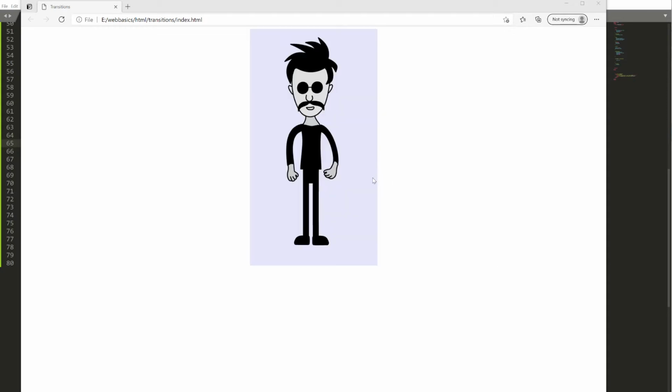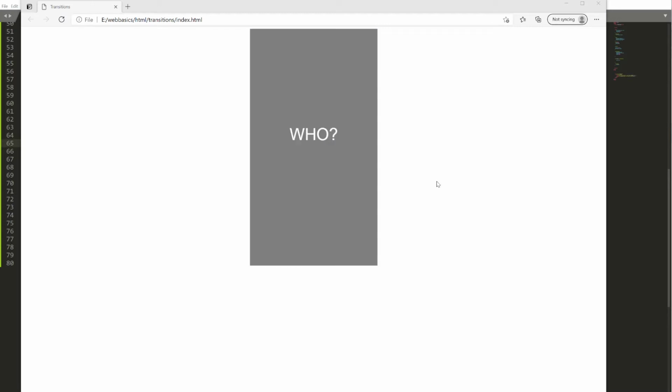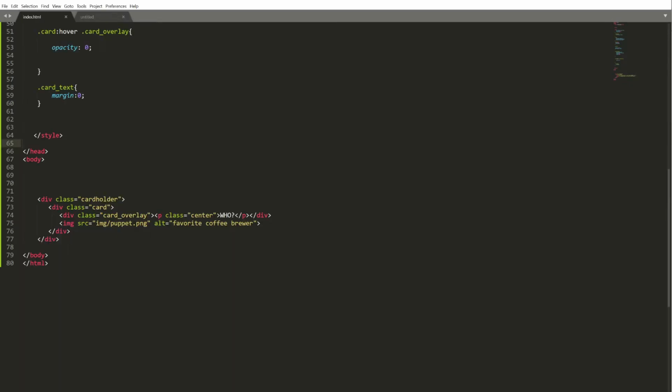On hover, this top layer's opacity is set to 0, and on leaving the hover, it's set back to 1 or 100%. Looking in the code, there's something that holds what is being called a card. There's a card holder, which is the outer page. Within there is a card,